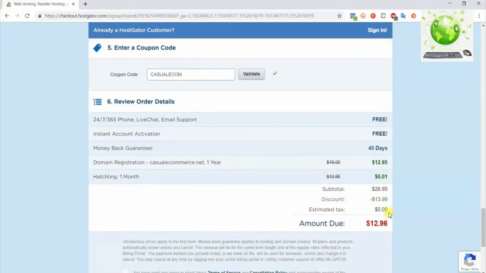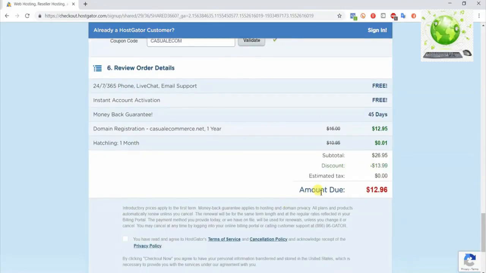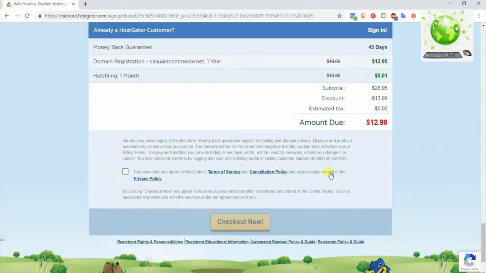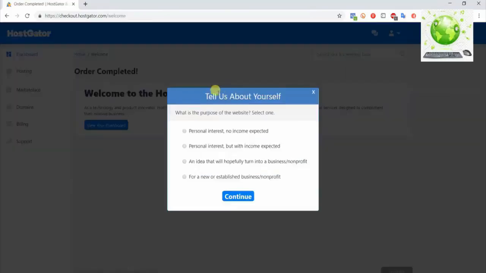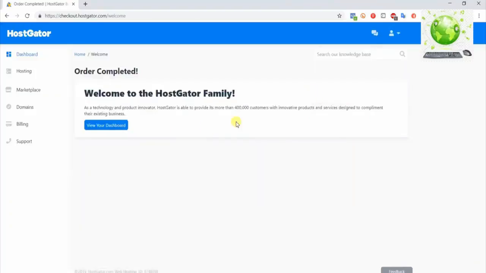So this is the cheapest way that you can get a WordPress website started online with legitimate hosting. So what we're gonna do now is just click this button right here and then click checkout now. And when this menu comes up to tell us about yourself, we can just exit out. And now once we are inside here, we can go ahead and go to our